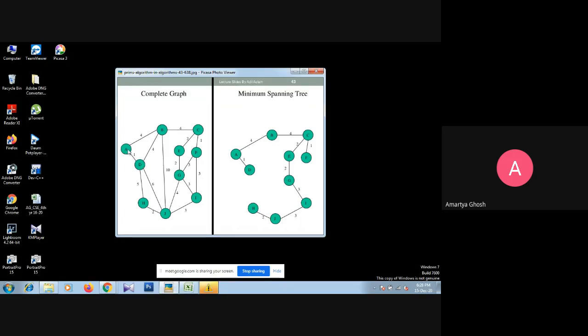From A we can reach the new node B, and from D we can reach the new nodes H and J. At the same time, we have to insert all the weights of these edges into the priority queue.